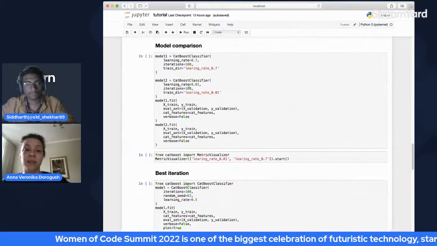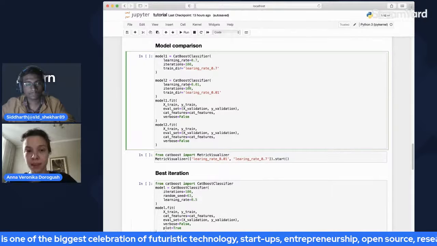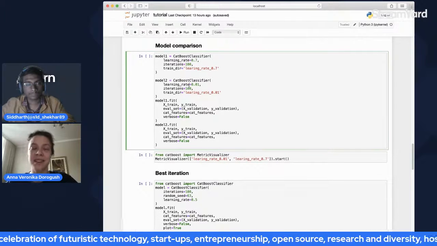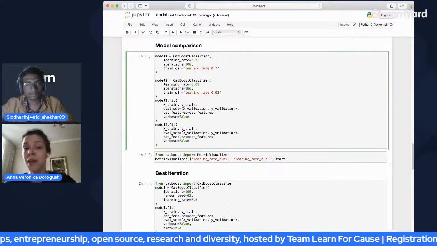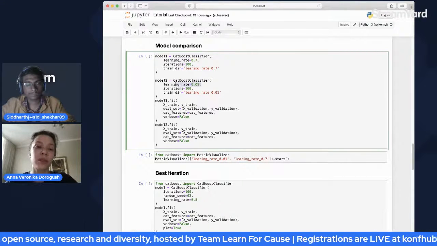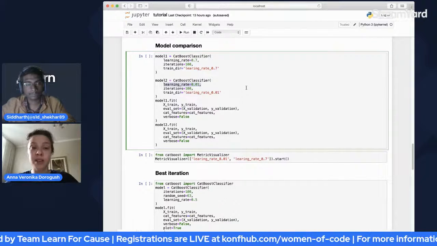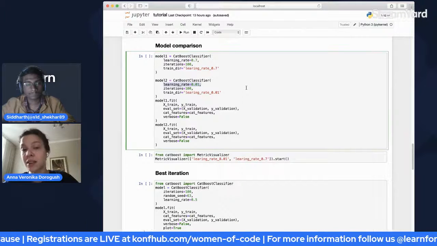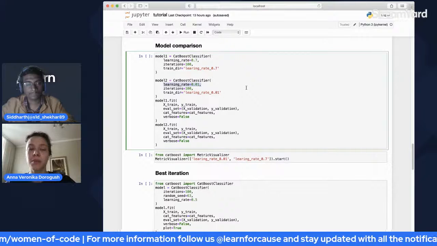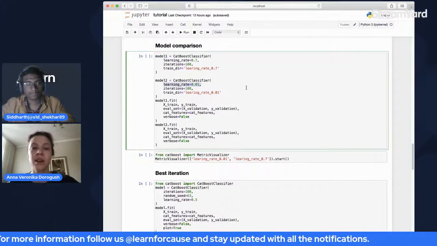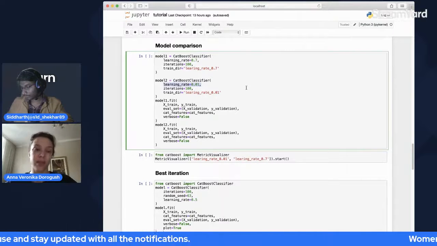The next thing is that we are able to compare several models. There is an important parameter, one of the most important parameters in gradient boosting that you should play with, and this parameter is called learning rate. The smaller is the learning rate, the later you will be overfitting, and the more trees you need. So small learning rate means you need a lot of trees. Big learning rate means you need small number of trees and you will overfit.